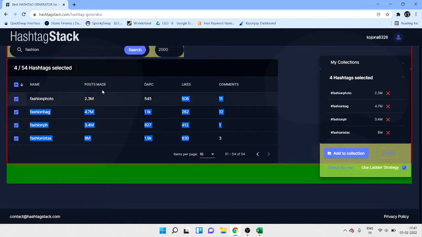So this category is posts made. DAPC is daily average post count. DAPC is the number of posts that go on that hashtag daily, and likes means the average number of likes on that hashtag. The average number of likes which a post gets on the hashtag is known as likes, and similarly for the comments section. If the data scraper isn't working very well, you can refresh the site